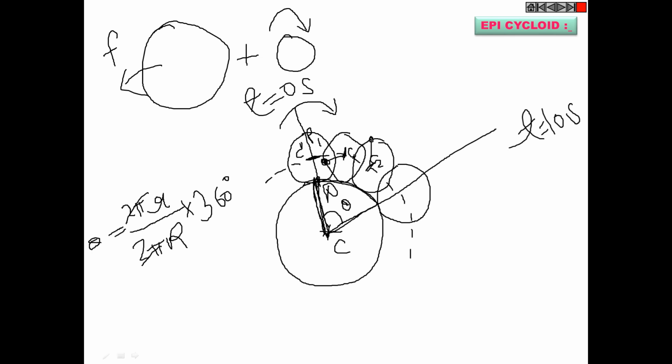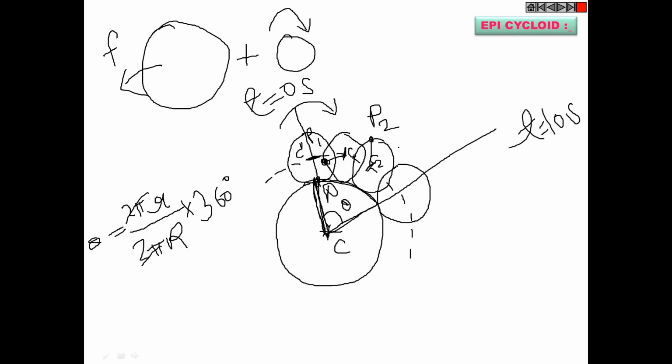And see, all these points you will be marking in the clockwise direction. Why? Because I am rotating the smaller circle in the clockwise direction. Now you could mark P on the right hand side of the smaller circle also, but if you mark on the right hand side, it will be in the anti-clockwise direction and you will get a wrong curve. If the smaller circle is rotating in the clockwise direction, every time you have to mark all these points P1, P2, P3 in the clockwise direction. If the smaller circle is rotating in the anti-clockwise direction, then you have to mark these points in the anti-clockwise direction. Okay, so this is your point P2.